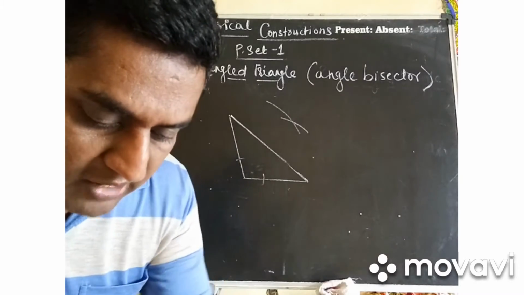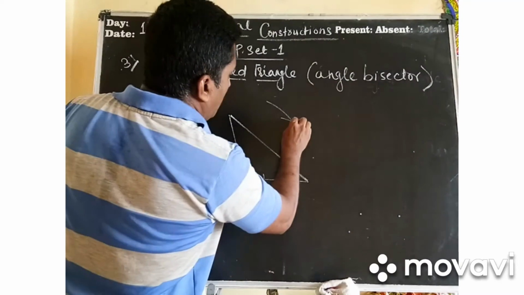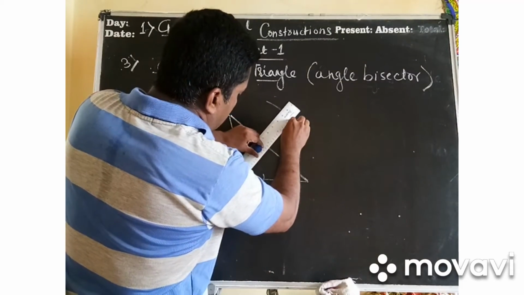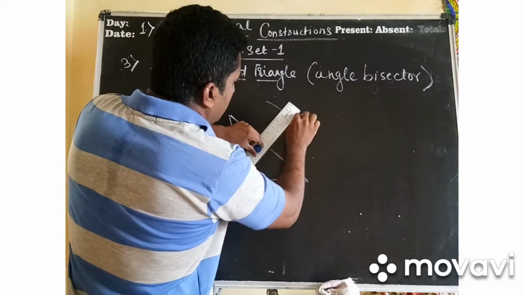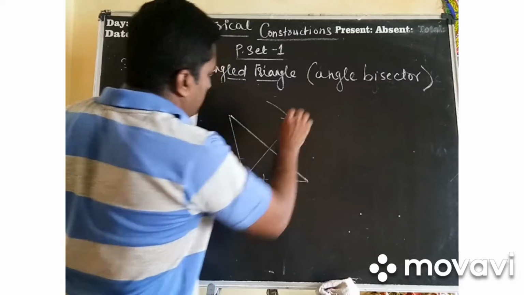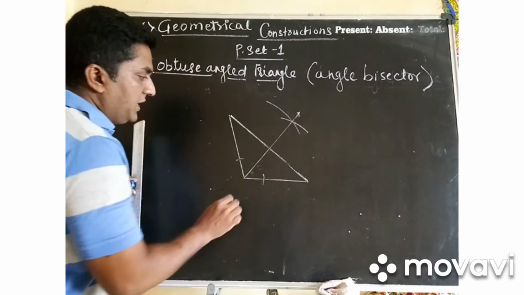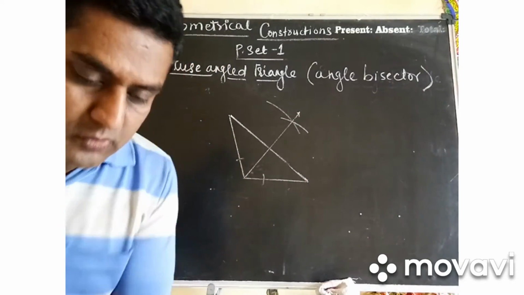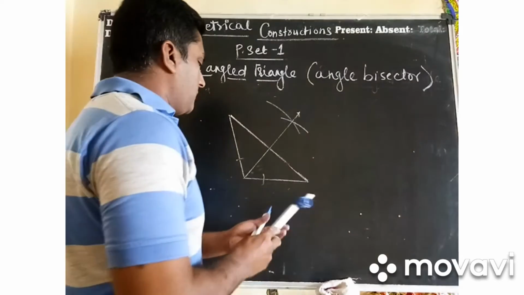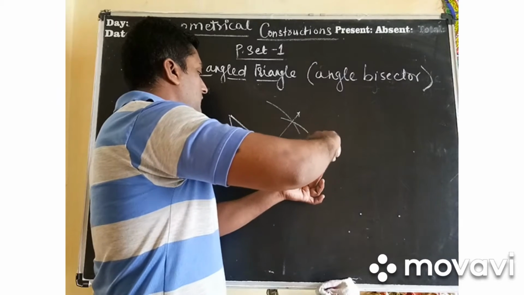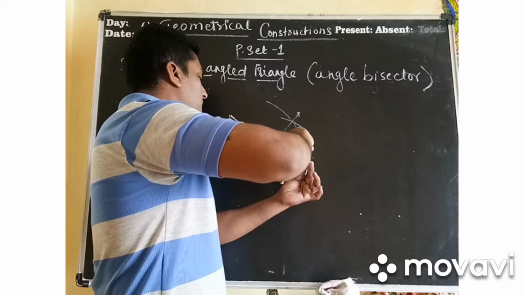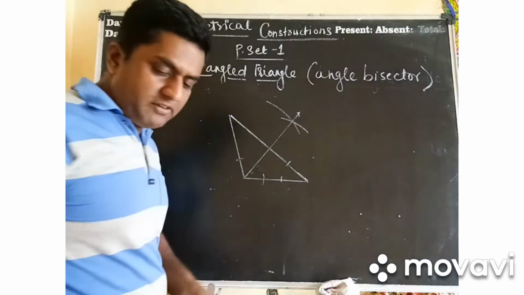Now after doing this, see, a point has been obtained here. So this point and this point have to be joined. I have joined it and will extend it a little bit here. So this is my angle bisector for this angle. Ready? Now I will try for this one. For this, again I will decrease the span. I will take a certain span here. This is ready, and with the same span I will try. This is also ready. Right everybody?